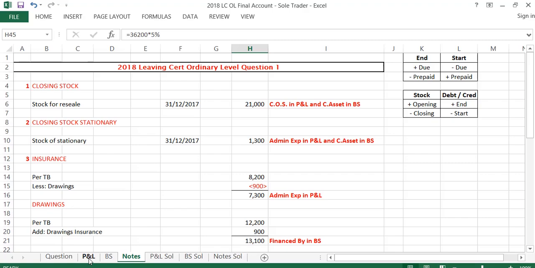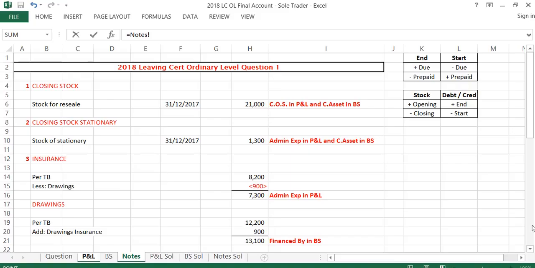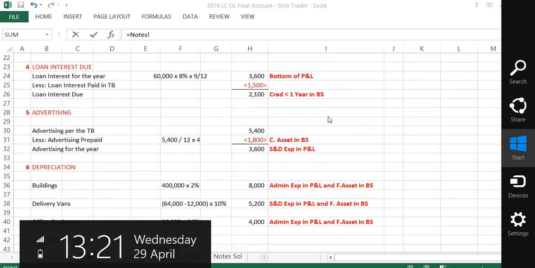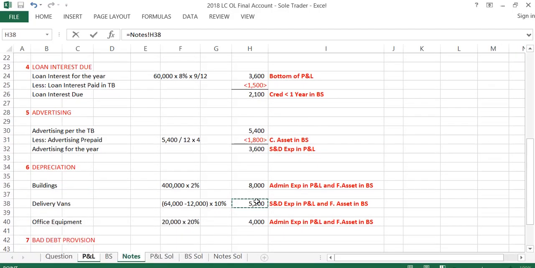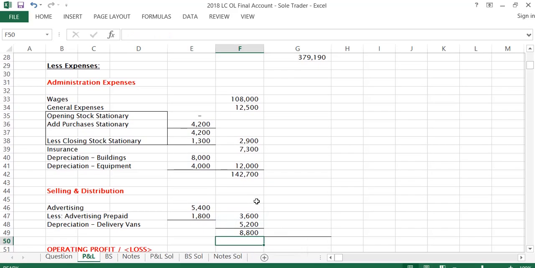Now, the next figure we have to get is the depreciation of delivery vans. So from our notes, depreciation of delivery vans is 5,200. So if I add up my selling and distribution expenses, they come to 8,800, which will leave me with total expenses. If I add my admin of 142,700 and my selling and distribution of 8,800, leaves me with